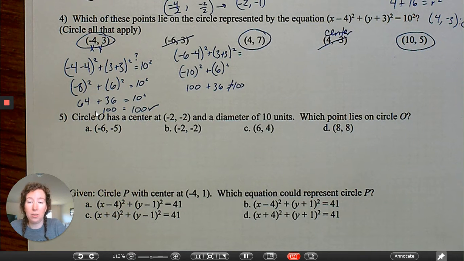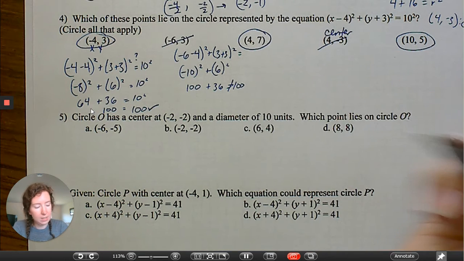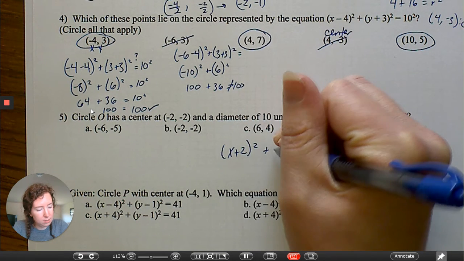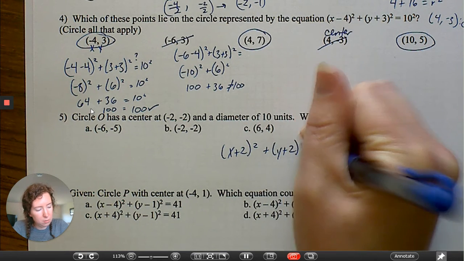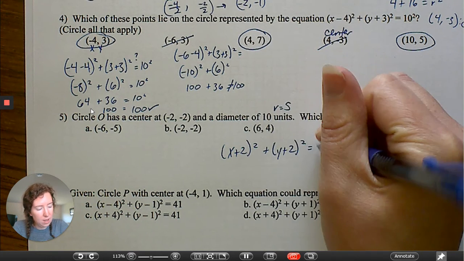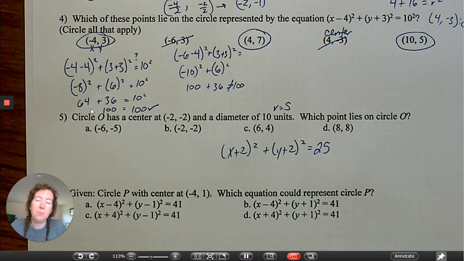Which point lies on the circle? So this one has an equation x plus 2 squared plus y plus 2 squared equals, if the diameter is 10, the radius is 5, 5 squared is 25. Press pause and figure out which one of these is on the circle. Hopefully you got